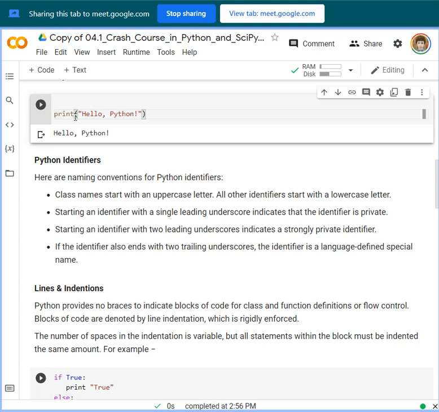For printing the output, you just need the print keyword. You write print, then enclose it with parentheses, and place quotations, where inside your quotations is your string, and this will print the output.